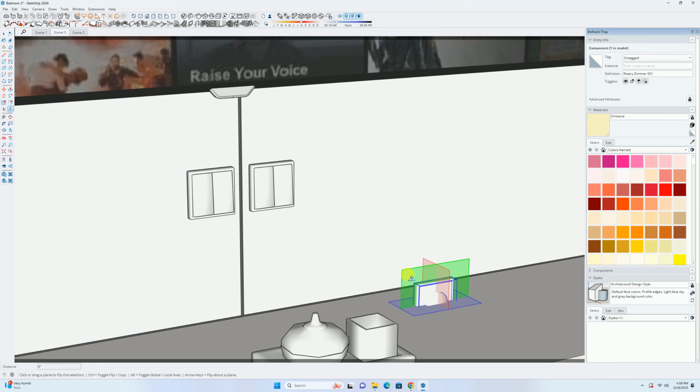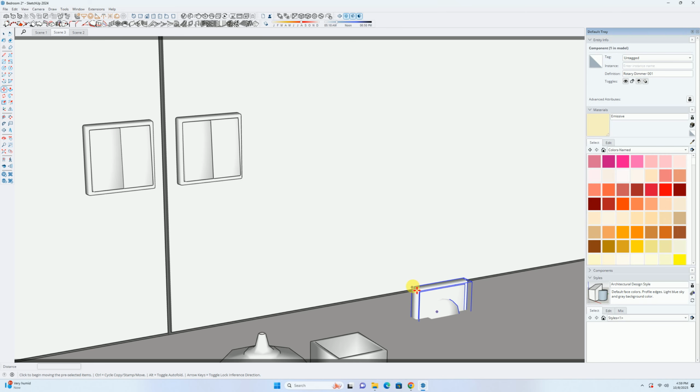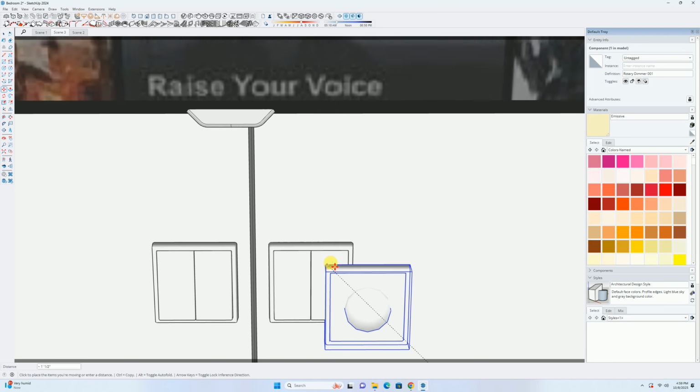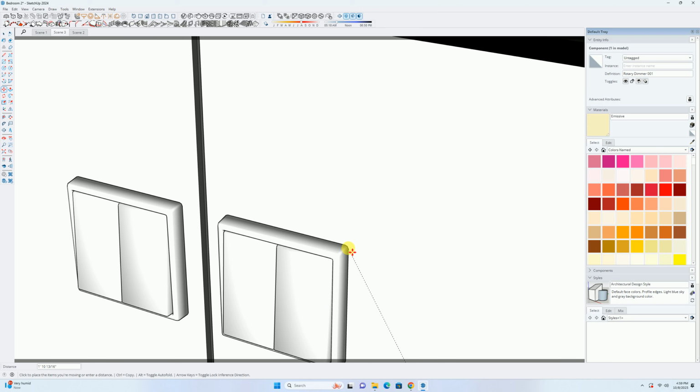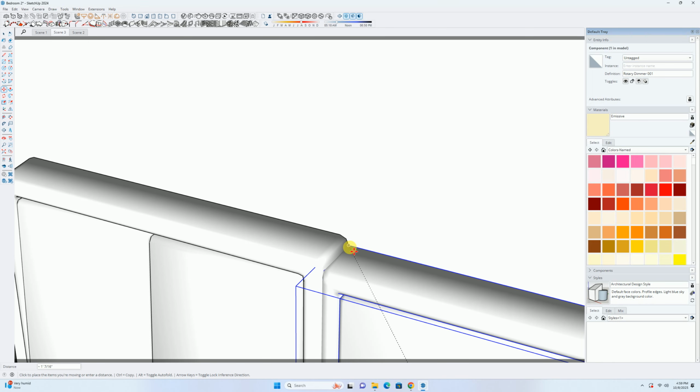I first clicked on this, then select this calculator and we'll attach the electric to this element.